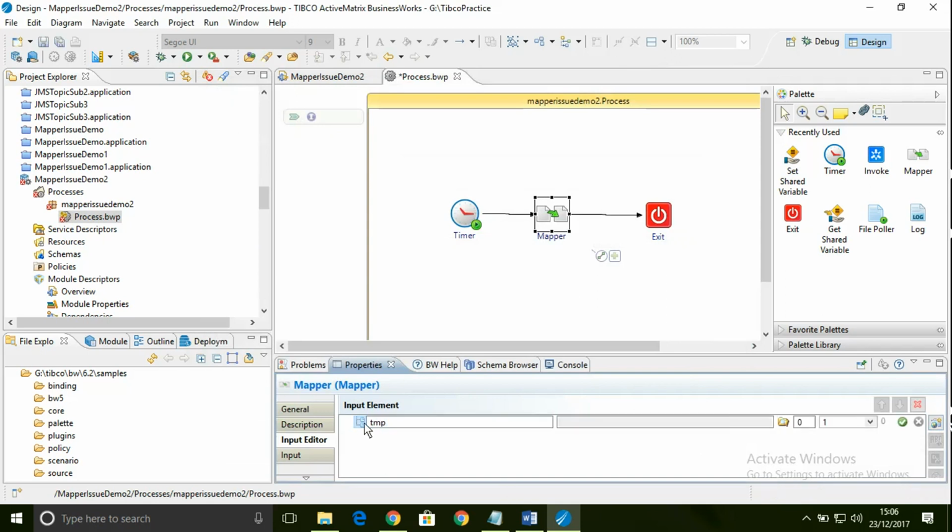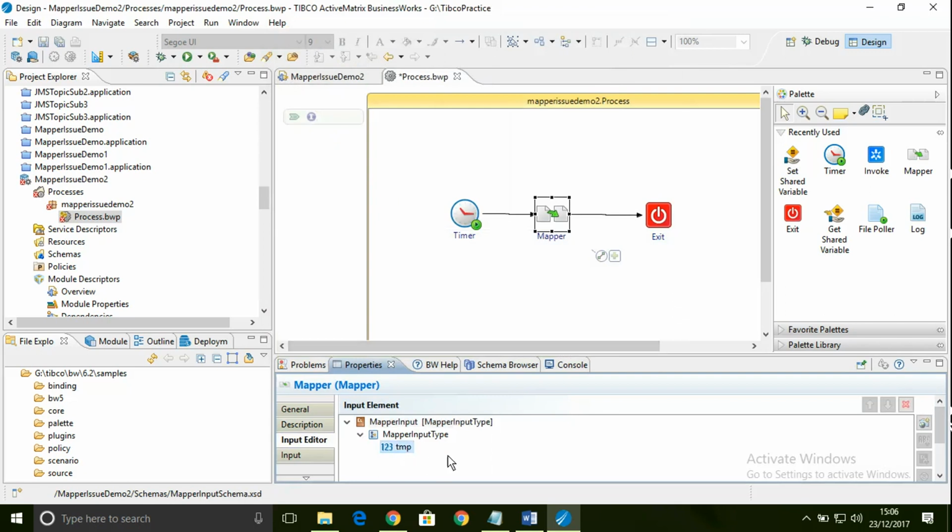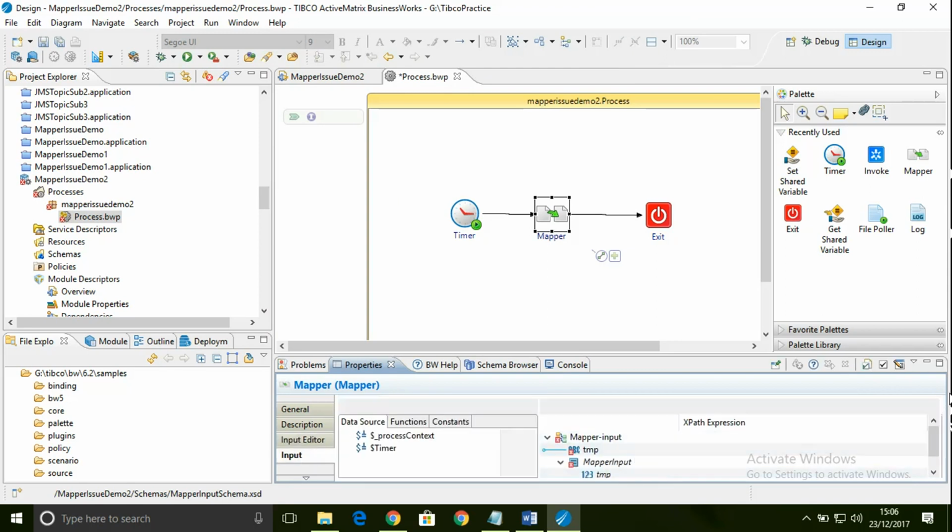Let me do one thing. Let me delete this and let me add the new one and select the mapper input. Say OK, and I can see TMP is there. As of now I just hardcode the value to that TMP.